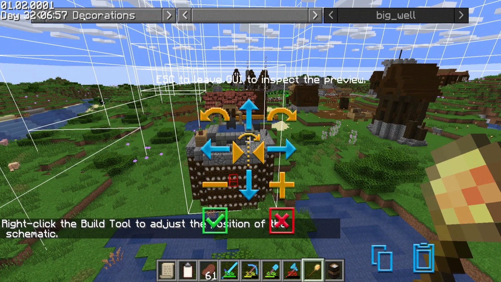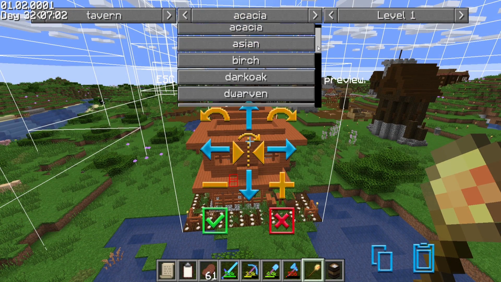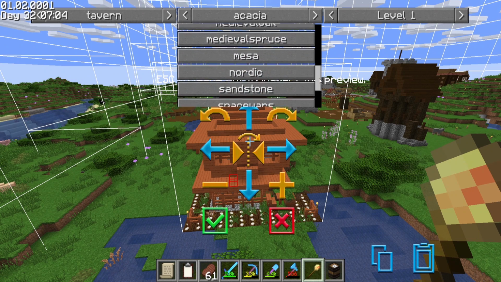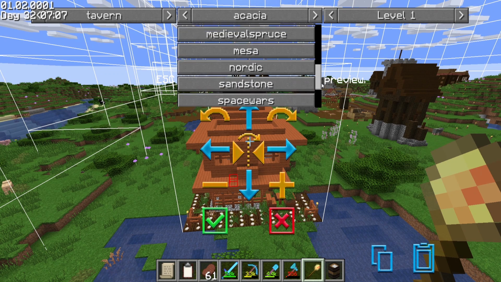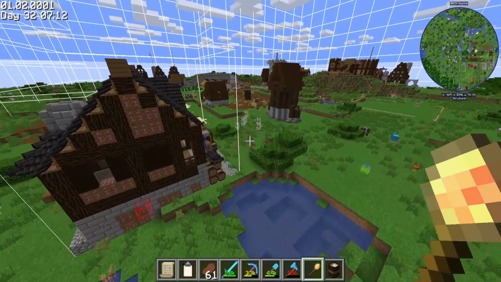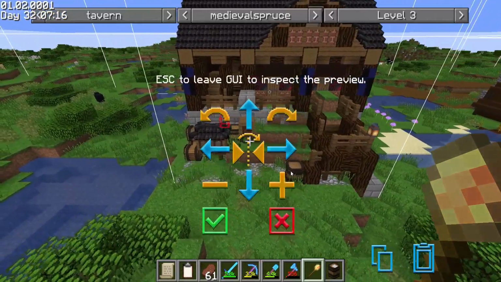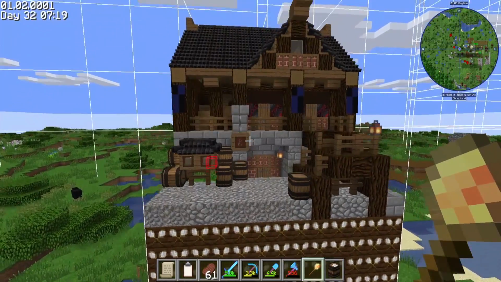Excuse me, I accidentally quit out of my game there briefly. Okay, so let's go to the tavern. Here we go. So I'm guessing, let's see, what have we got here? So medieval spruce might be the best one for us. Let's have a look at how that looks at level 5. Oh, look at this. This is very cool. I love all the barrels out the front. Yeah, this is awesome. Now, let's get it up here a bit, just to have a look at it without